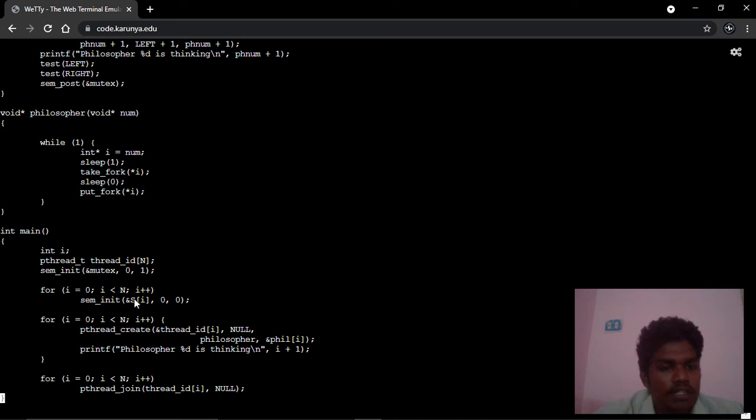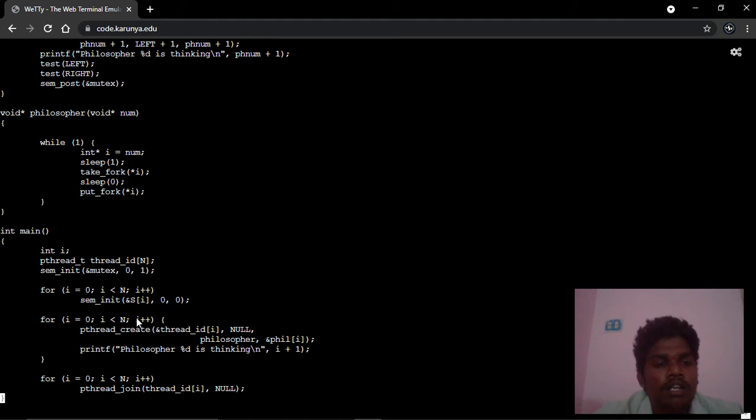According to the threads, we call the sem_init function, with s[i], 0, 0.